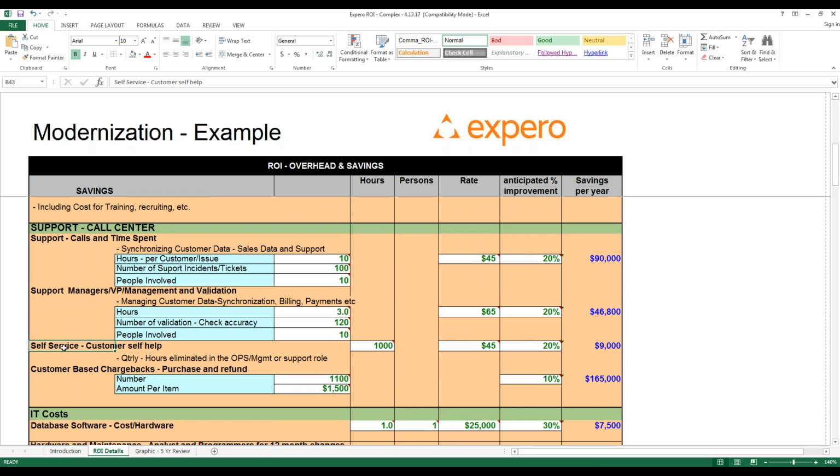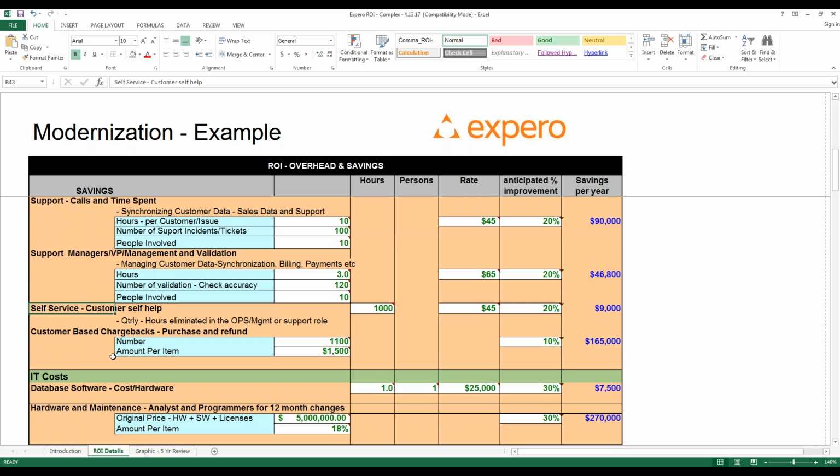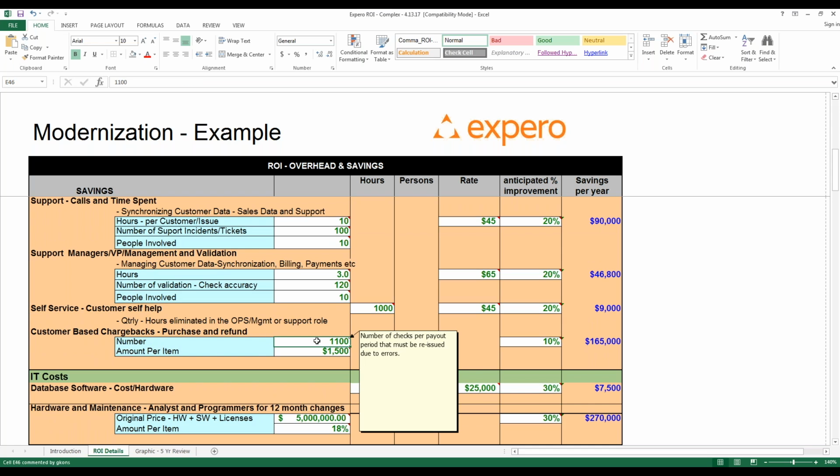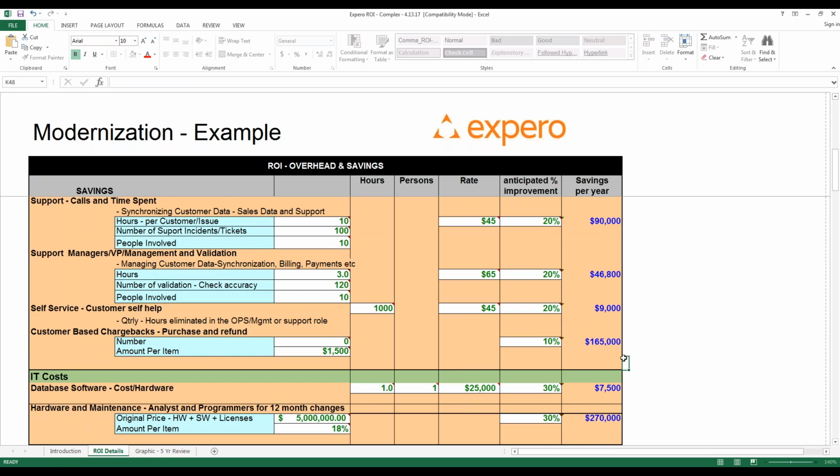And then potentially I have down here, which is self-help. What happens if my new software has the ability out there for customers to go in and quickly answer their own questions, etc. Now, many of these categories, you may say, Scott, this doesn't really apply to me. The point of this then is if that's the case, you wouldn't have that item and I can simply zero those out, and that one does not apply to me.